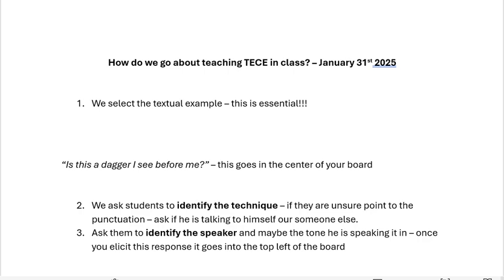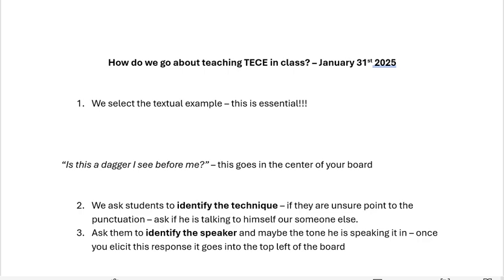So today we're going to use Shakespeare's Macbeth, and we're going to pick a textual example out of Macbeth and talk about how we bubble theory that. How do we put that up on a board and elicit through questioning the responses from the students to produce an analytical sentence? So if I had, say, the technique I've got is, is this a dagger I see before me? And we all know, as English teachers, it's the scene in Macbeth when he's contemplating regicide and he's wandering around